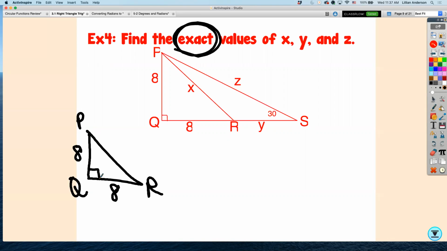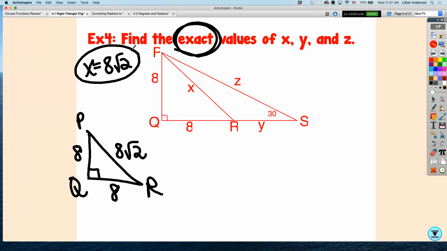So if I have 8 and 8 here, then this one has to be what? 8 square root 2. Very good. So that means that x is equal to 8 square root of 2, because it's one of our special right triangles. Now let's look at the other triangle, PQS,